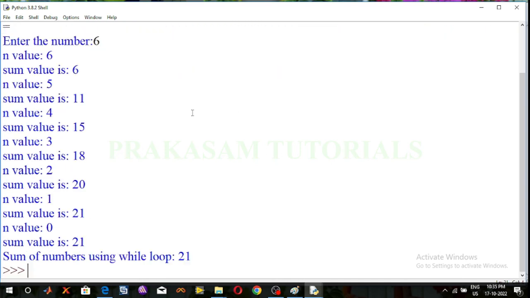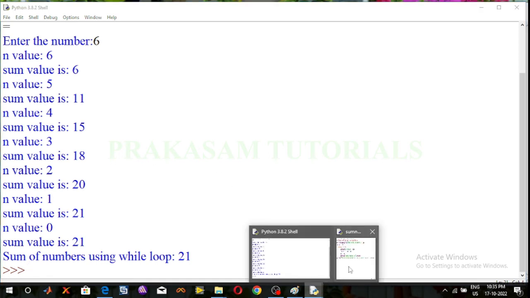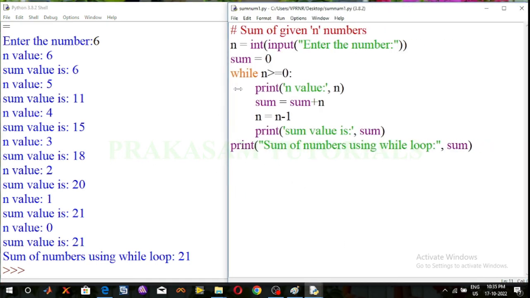And the step-by-step procedure. Initially enter a number, 1. The n value is printed. So now initially 6 greater than or equal to 0, the condition is satisfied, print the value of n and print the value using the sum expression. The sum value is 6 and n value is decremented. Next value of n is 5 and using the sum expression the sum value is 11 and n value is again decremented, that n value is 4 and next sum value is 15 and again n value is decremented,